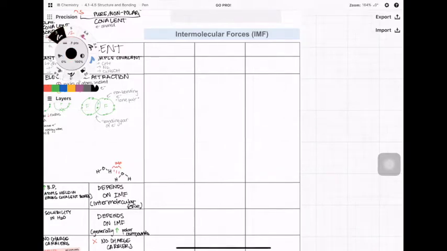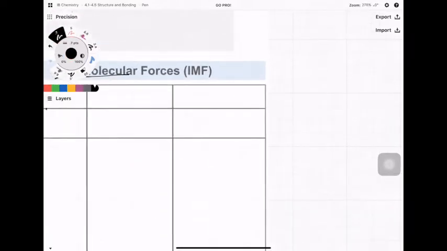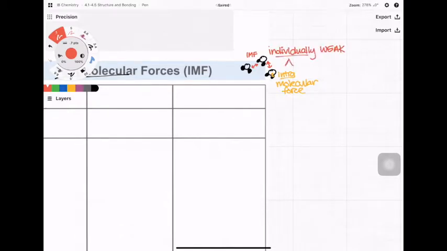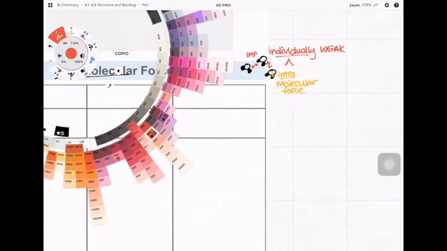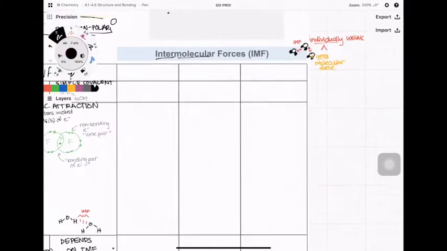Okay, so in this video, we're going to take a look at intermolecular forces. I know you saw them a little bit last year in your IGCSEs, but basically when we're talking about intermolecular forces, we're talking about those forces of attraction that occur between molecules. That should not be confused with intramolecular forces, which are the forces that bind elements together inside of a molecule. Individually, intermolecular forces are weaker than intramolecular forces, but together they can